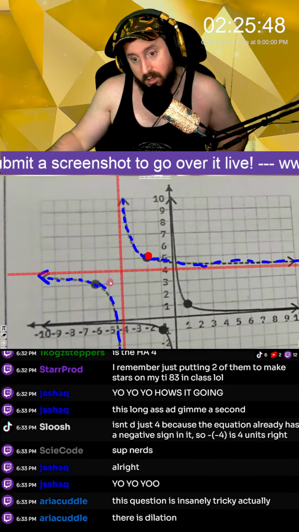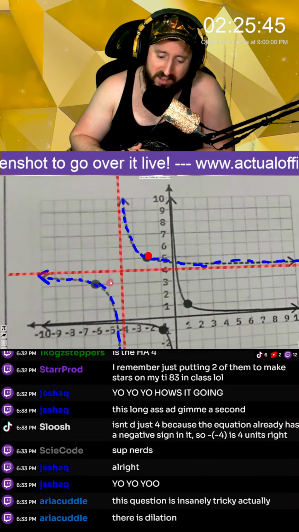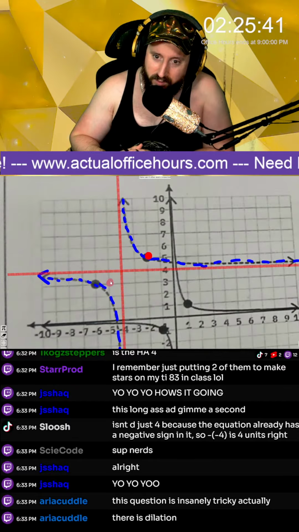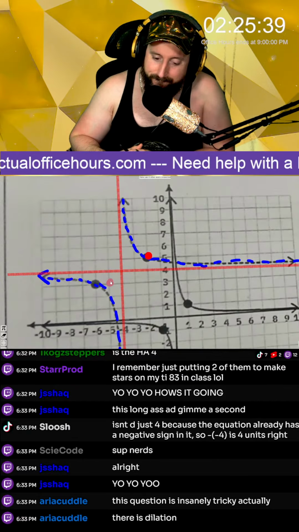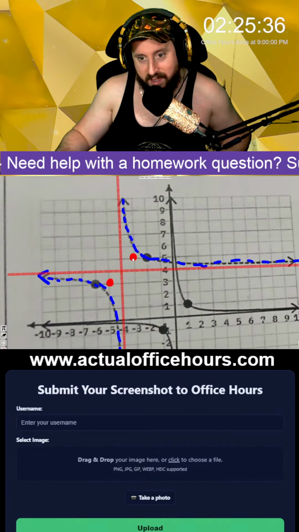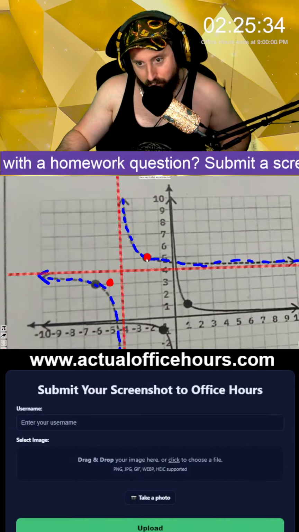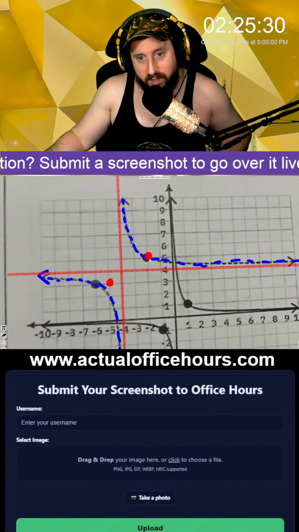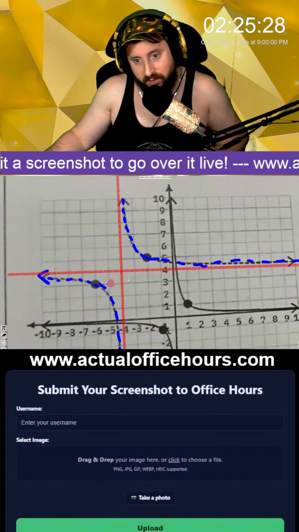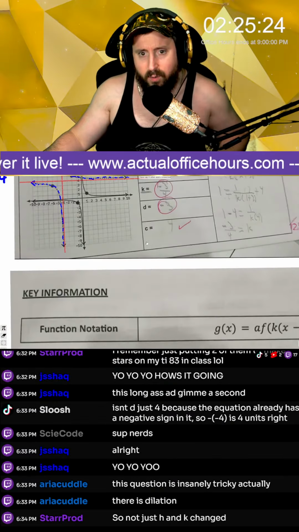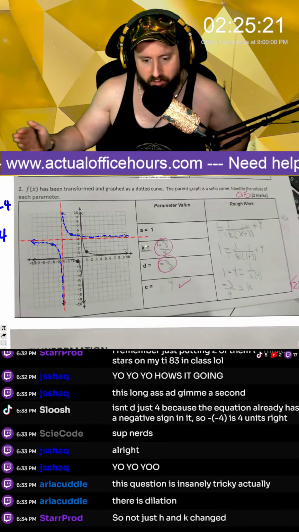Okay? You could also describe this as a vertical thing. Could you? I'm trying to think. Yeah, you could also say that it was a vertical compression of a half. So not just H and K changed. Which in this case is C and D for the T. They said C and D. So I believe this is going to be a horizontal